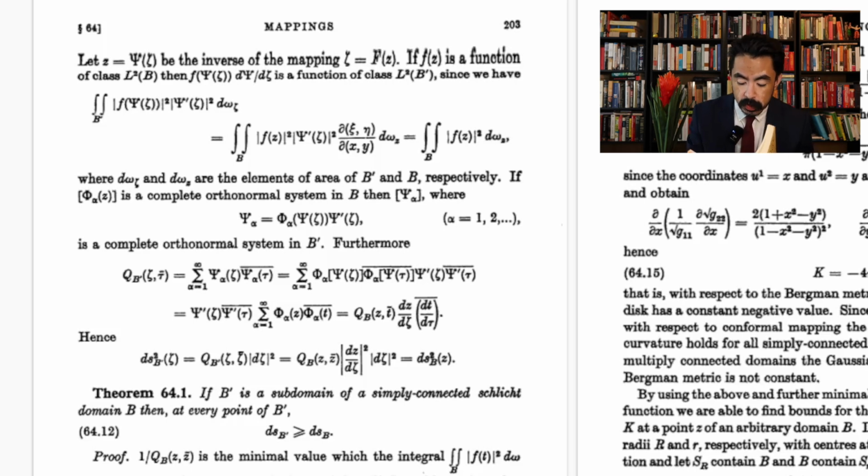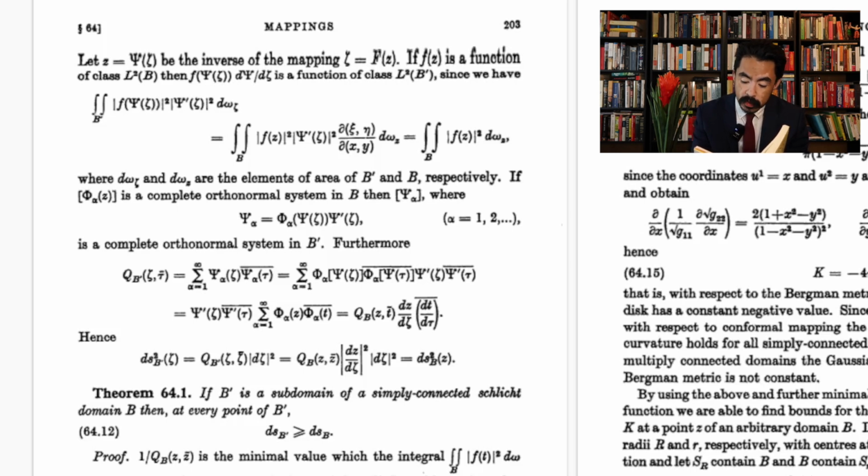Furthermore, capital Q sub B prime of zeta and the conjugate of tau is equal to the sum on the index alpha from 1 to infinity of capital psi sub alpha of zeta, times the conjugate of capital psi sub alpha of tau, which is equal to the sum on the index alpha from 1 to infinity of capital phi sub alpha of capital psi of zeta, times the conjugate of capital phi sub alpha of capital psi of tau, times capital psi prime of zeta, times the conjugate of psi prime of tau,